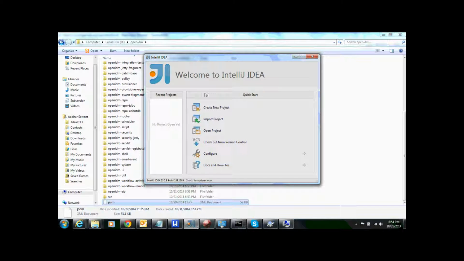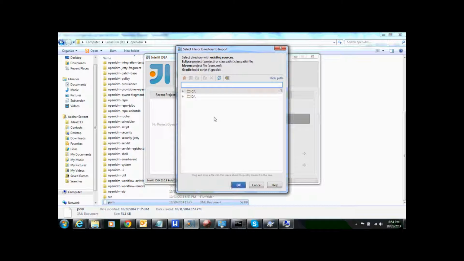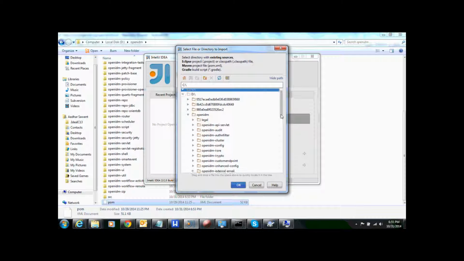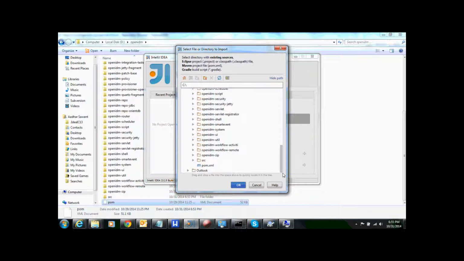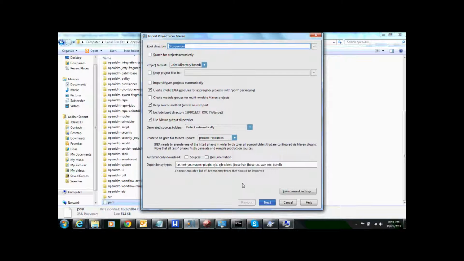Okay, so IntelliJ, this is how it will open. So now what we'll do is an import project, and it says select directory with existing resources, Eclipse project, Maven pom file. So we are going to select a pom file, and it's present in openIDM, and the main pom file is over here. So I'm going to select OK. And root directory, it's asking me d:\openIDM, search for